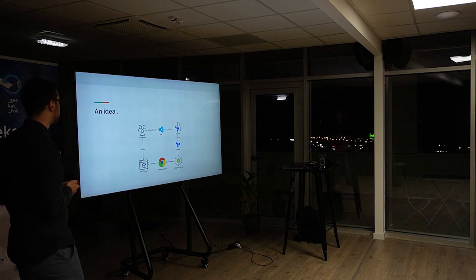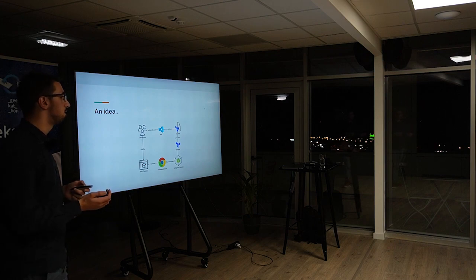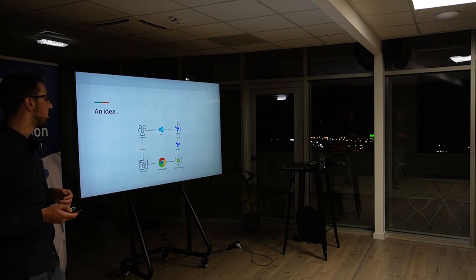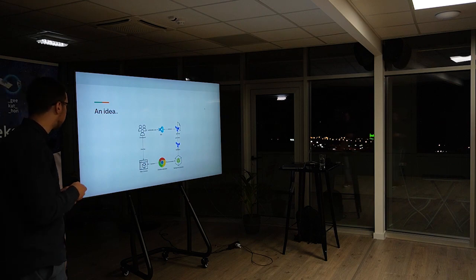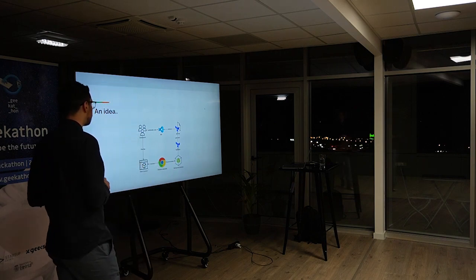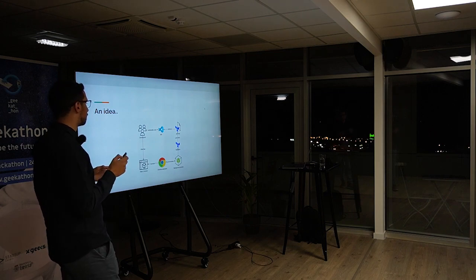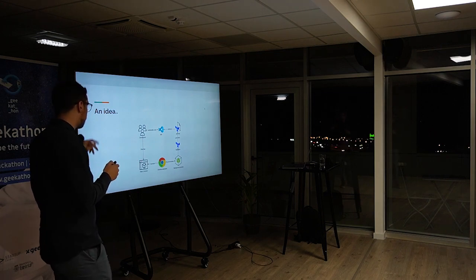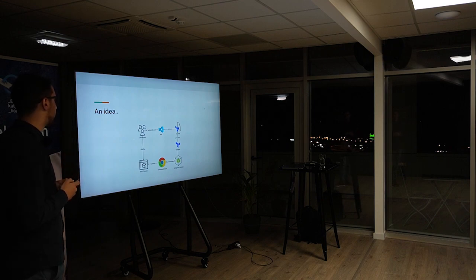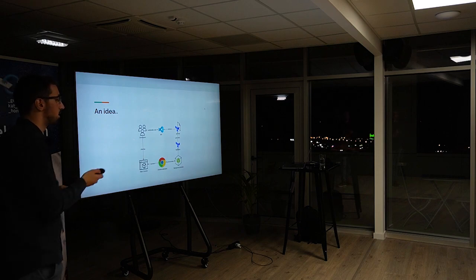And I have here an idea where if we could create a browser extension, for example, a Chrome extension, that could monitor our web console activity and track all the resources that we create. And then in a background task, in whatever language that we want, it runs these commands, so it generates the configuration and then imports that into infrastructure as code files and delivers it into our IDE of choice,